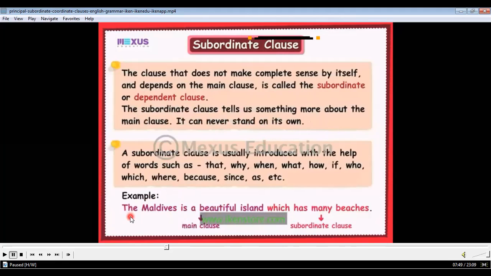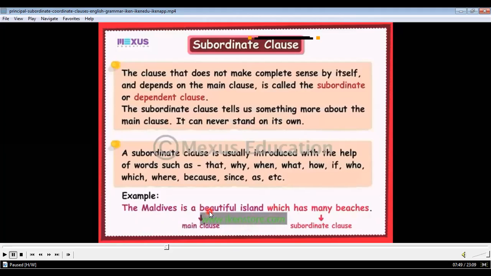For example, the Maldives is a beautiful island. This is the main clause because it gives us the complete meaning without the help of any other sentence. So we call it the main clause. But we want to give more information about the Maldives, so we added a subordinate clause, which has many beaches. This is called the subordinate clause because